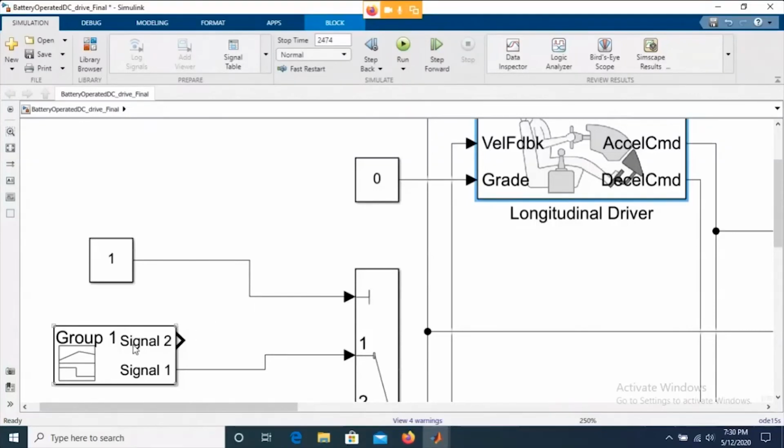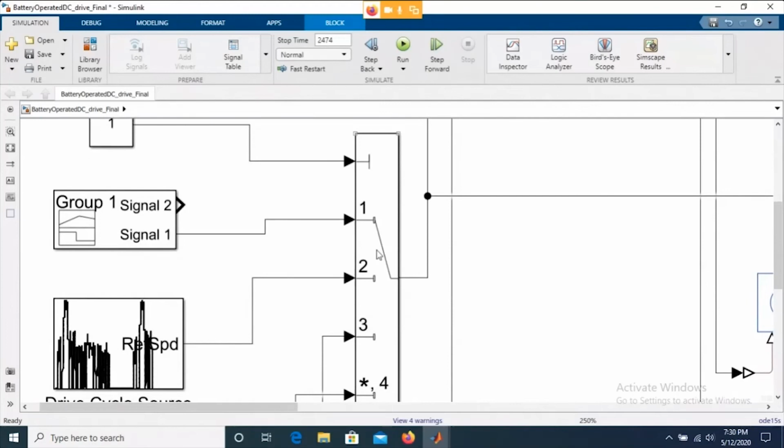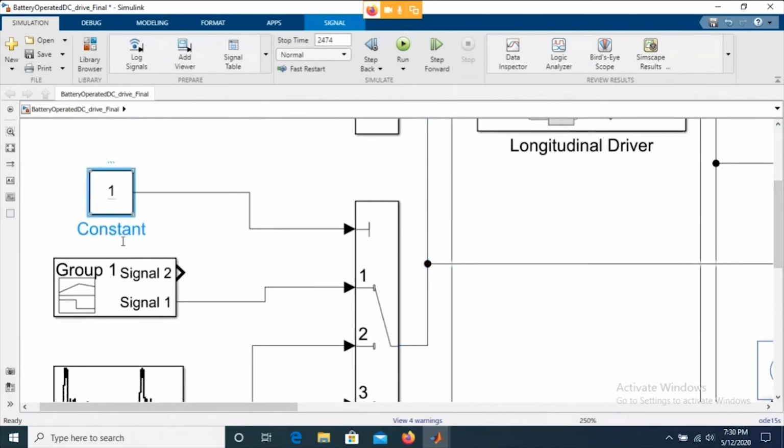Now the driver needs to decide which friend he needs to listen to. So there is a selector switch. How is this selector switch going to work? This point is connected with 1 now, and I can select this 1 over here. When I select this 1, I'm going to use a signal builder, and my vehicle is going to run continuously at 60 kilometers per hour for 1800 seconds. So let me run my vehicle for 1800 seconds. I'm going to set a stop time of 1800 seconds. Let me hit the run button now.